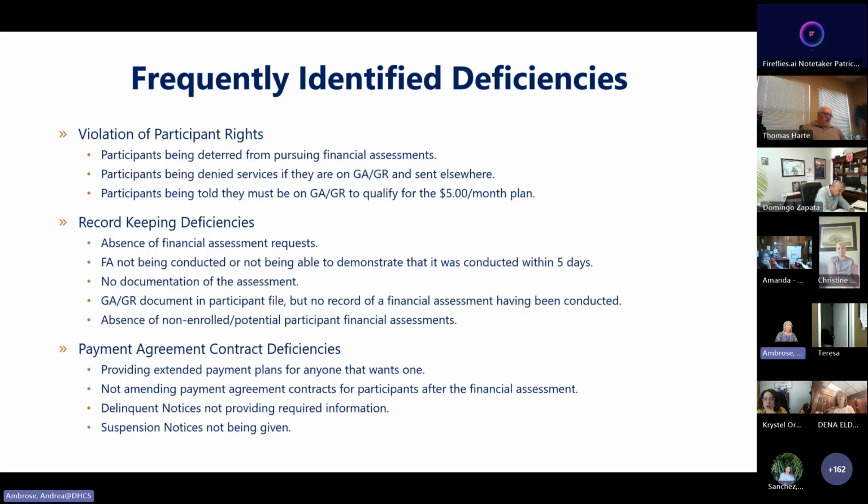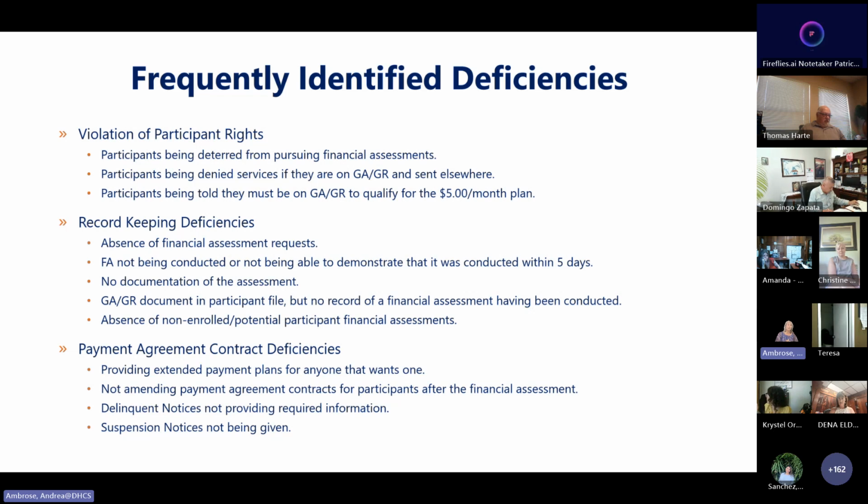We're seeing where participants are told that they have to be on GA in order to qualify for the $5 a month plan. Those are violations of participants' rights, and we really don't want to be doing that. So hopefully this training has helped to understand what those rights are and ensure that you'll be compliant.